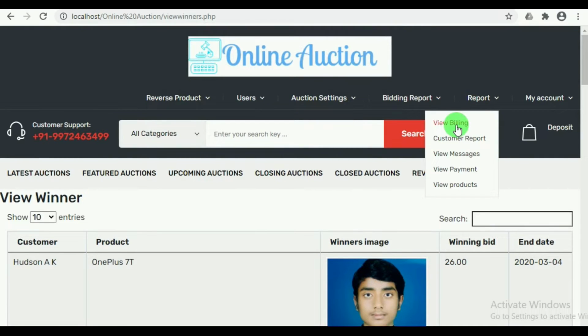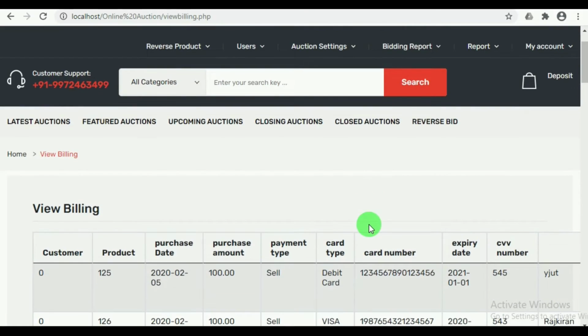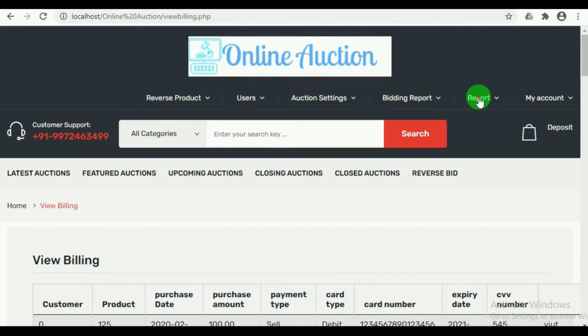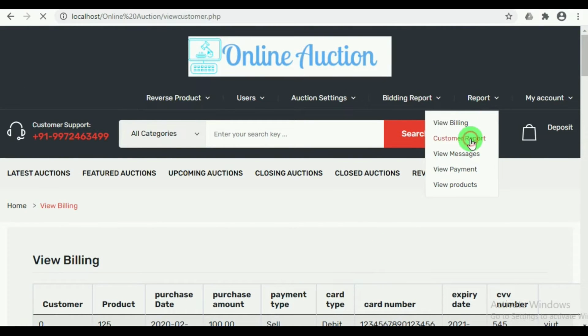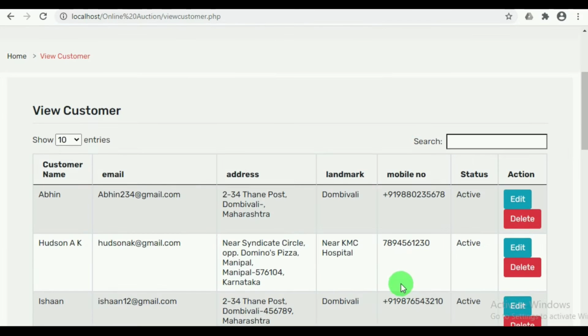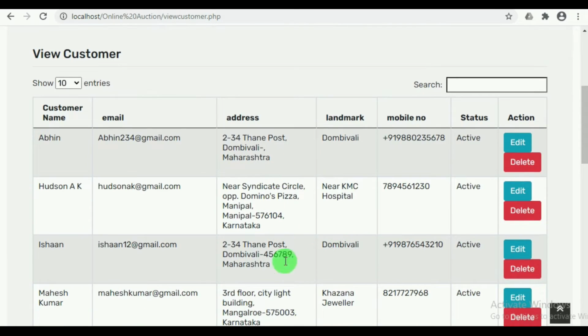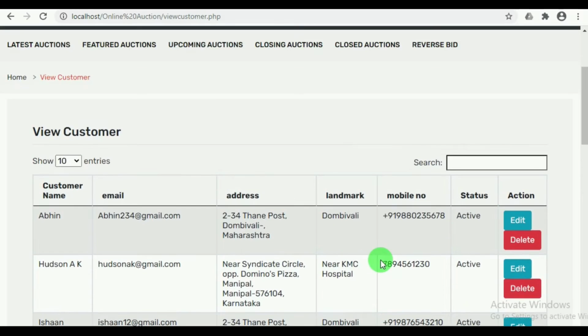Under view billing, various billings can be viewed, and under customer report, various customers who have registered to the website can be viewed by the admin.